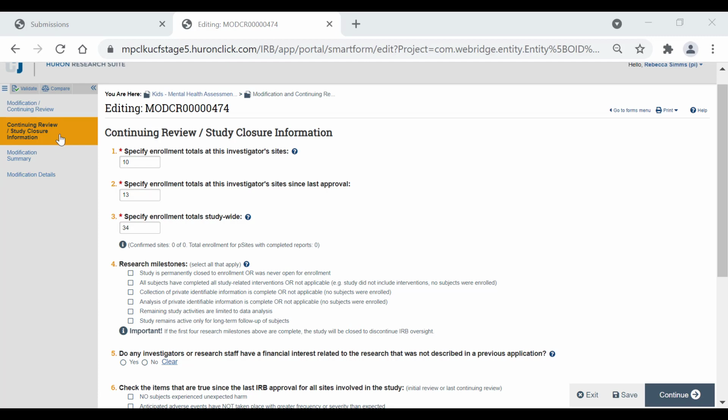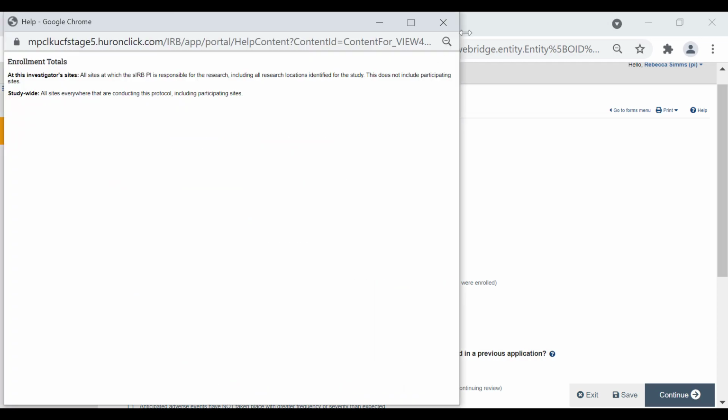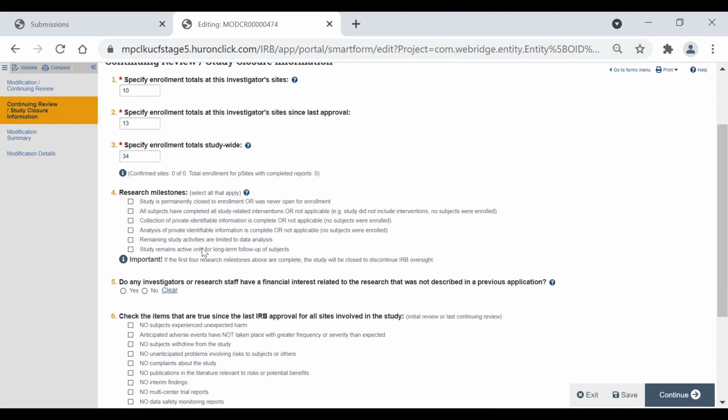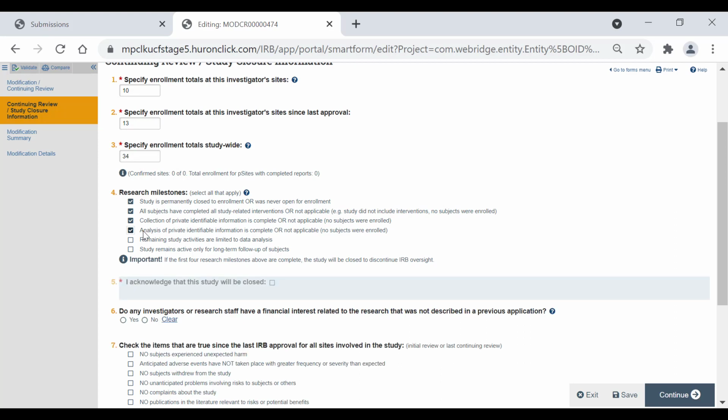So in the continuing review/study closure page, go ahead and specify the enrollment totals in the first three questions, and if you need more information about what enrollment totals are, please click on the help icon. Next, in question 4, specify all the values that apply to your study. And please note that if you select the first 4 research milestones, you will get an extra checkbox to confirm that you actually need the study to be closed. So if that's what you're looking for,